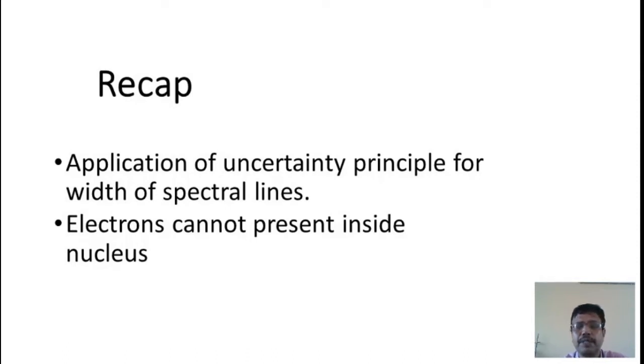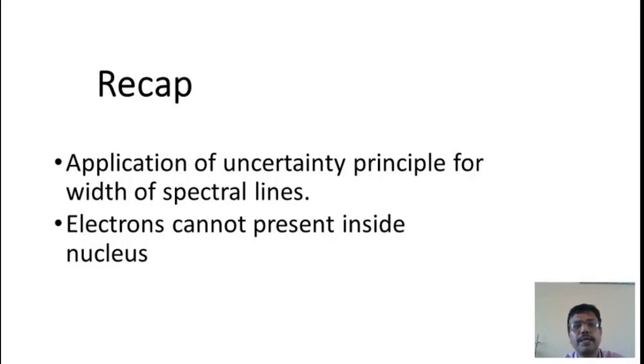The second application of Heisenberg uncertainty principle is that electrons cannot be present inside the nucleus. How? The picture is of the following. You know uncertainty principle, delta x dot delta px is nearly equal to h cut by 2 or h by 4 pi. Now, suppose the electron is present inside the nucleus. The radius of the nucleus is 1 Fermi, that is 10 power minus 15 meter, femtometer. The diameter of the nucleus is 2r, that is 2 into 10 power minus 15 meter.